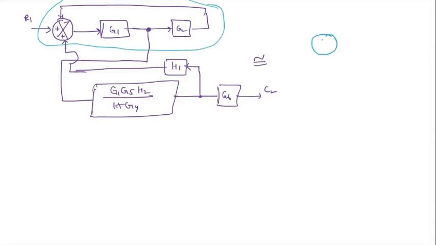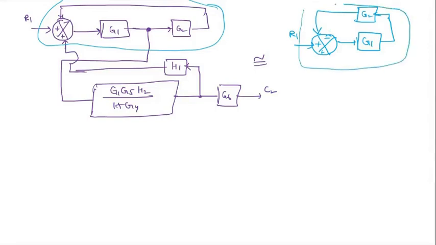So this is the summing point, plus minus plus, this is R1 as it is. So here G1. Now at this point I'm going to take G2, which is connected like this. So I'm going to write this one. Instead of G1, G2, the summing point, I'm going to write like this. Why I'm going to write like this is, if I write like this, it will act as a negative feedback.